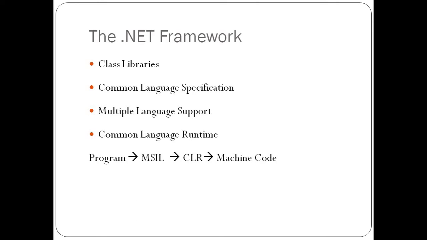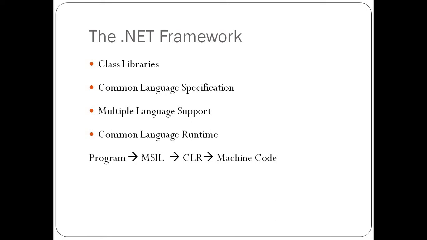.NET supports Common Language Specification, which means programs written in different languages can interact with each other, can share data with each other, and can share functionality or components with each other. Different languages like C, C#, C++, VB, etc. can share data under one platform of .NET Framework using the Common Language Specification feature.